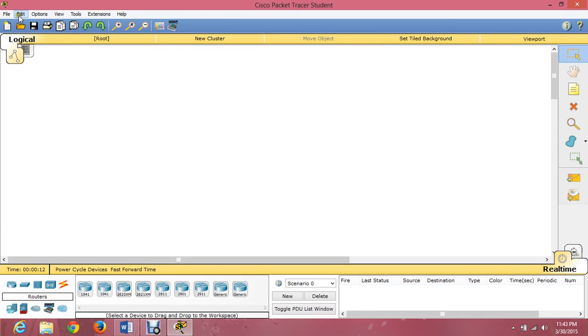This is the menu bar, this is the toolbar, and this is our worksheet that can be used in accordance with our needs.